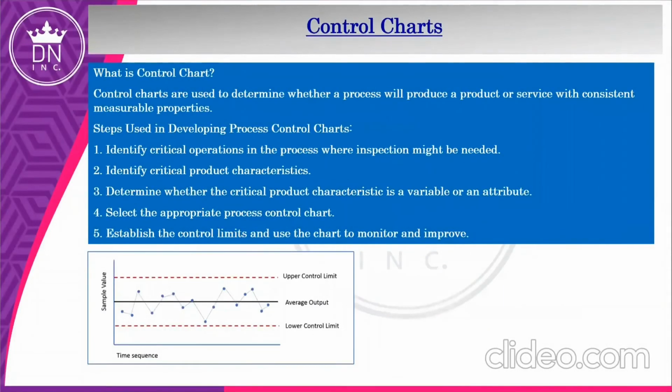The next tool is the control chart. A control chart identifies whether the process is stable or not stable, or whether our process is higher than the upper control limit or lower than the lower control limit. It can be easily identified using this chart. In the diagram below you can see the trend, the average output, the upper control limit, and the lower control limit, and how many points are above the target or below the target, and how our trend is going. This can be seen in your control charts.